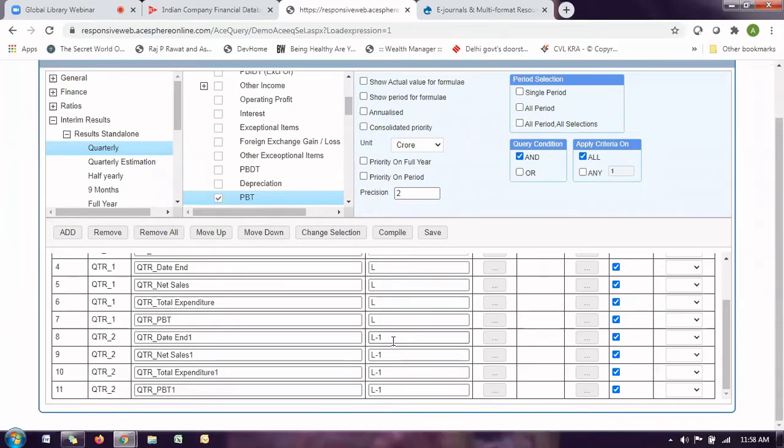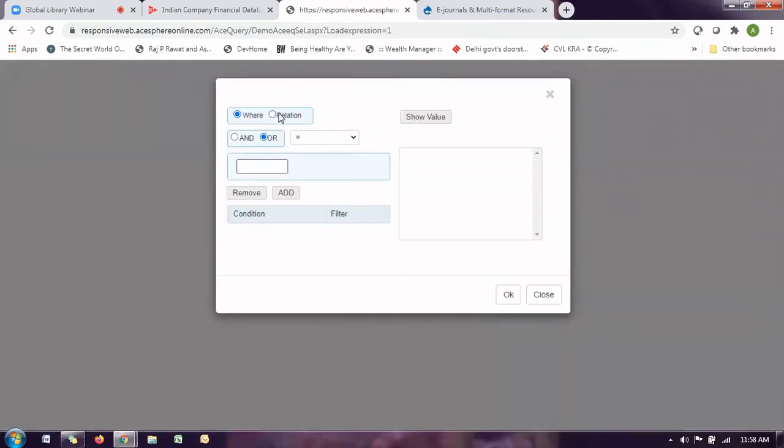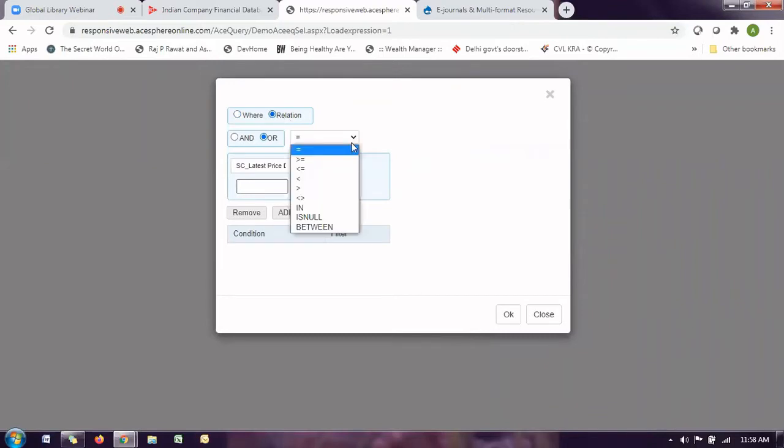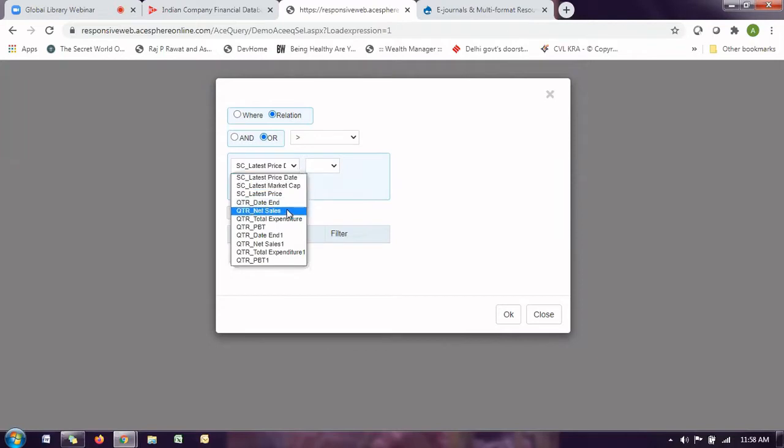Now I want to give another condition: companies whose PBT has increased, out of the BSE 500 companies and whose market cap is more than 10,000. So what do I do? Again, I go to the criteria, click on these three dots, click on relation, and say greater than. From here, I take PBT1, because I'm comparing the PBT with the PBT1, that is, the previous quarter.